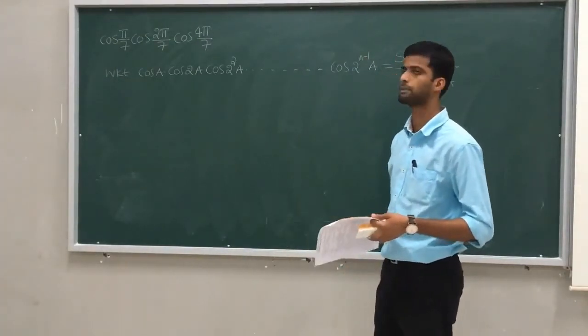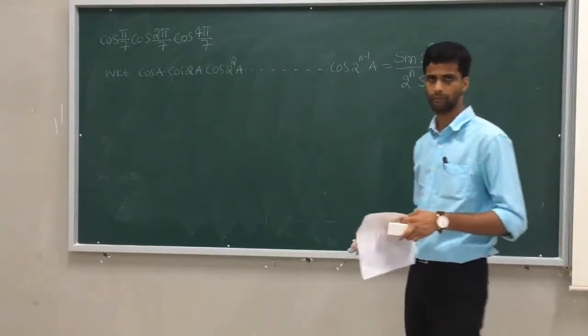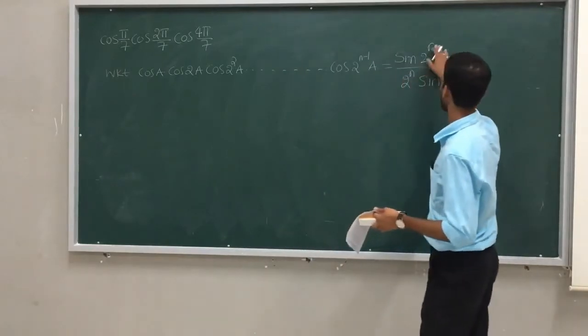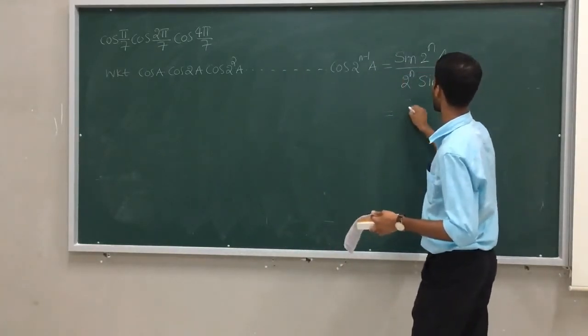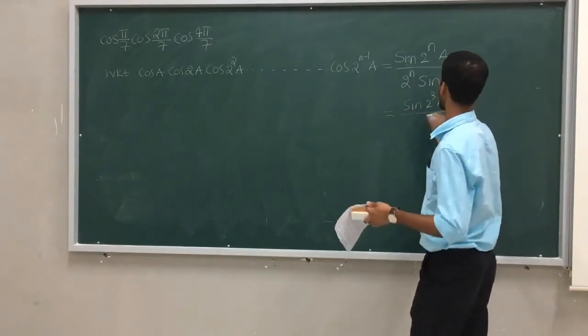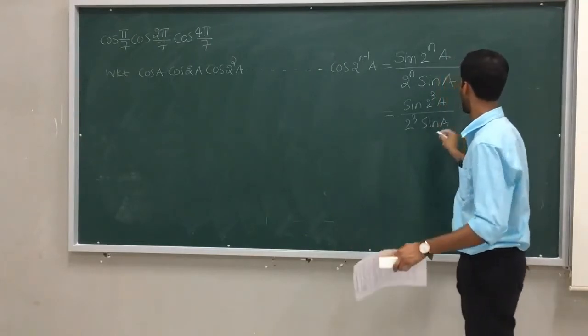Now, how many terms are given? So 3 terms are given. We need to take care of n equal to 3. So what will happen here? It becomes sin of 2 cube a divided by 2 cube sin a, which is nothing but,